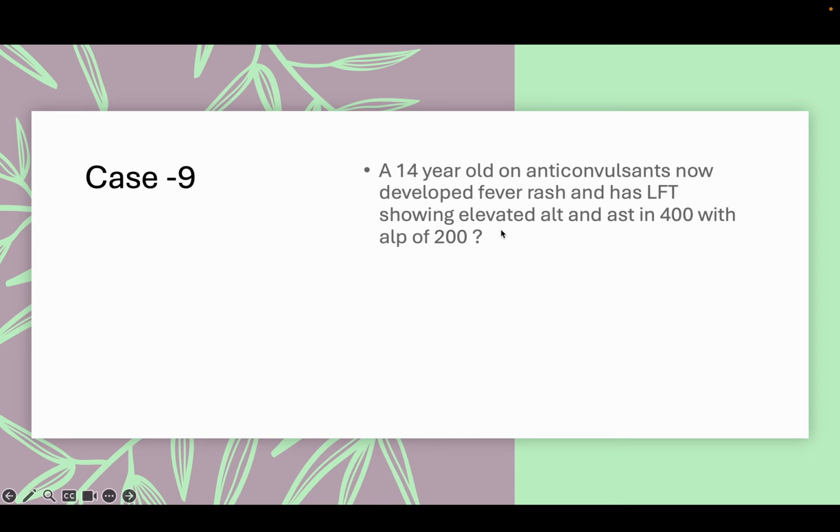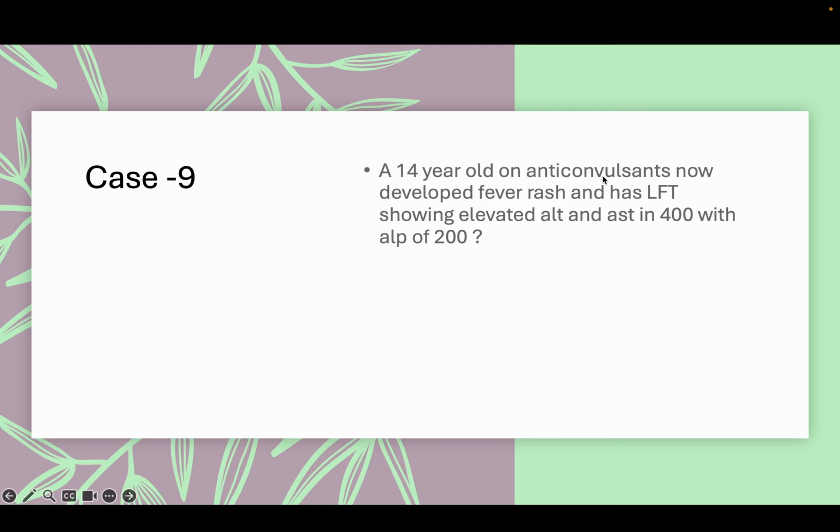A 14-year-old male on anticonvulsant now presents with a fever, rash and has LFT showing elevated ALT and AST at 400 with ALP of 200. So he's on anticonvulsants. We don't know what the anticonvulsant is per se. He has fever and rash, and LFT showing ALT and AST at 400. There is enzyme elevation, and ALP is also elevated, but it is mostly looking hepatocellular because ALP is not significantly